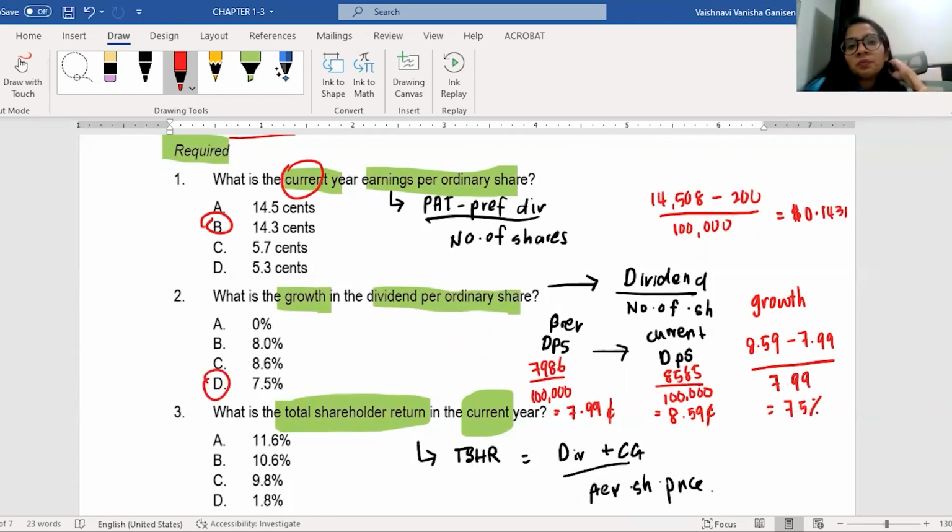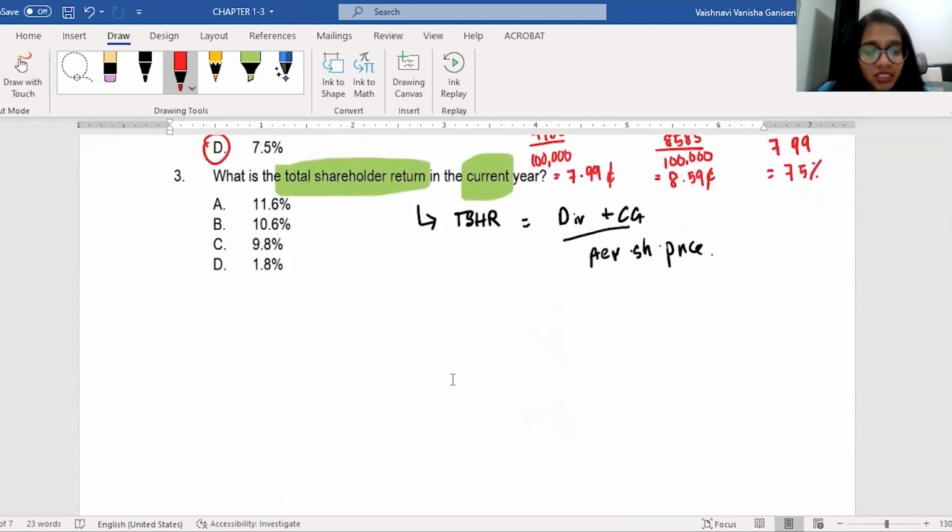This is a straightforward topic. You actually can study it by yourself, but don't worry, I am here to guide you. I am here to make your life easy, right? Now, as for the total shareholder return,